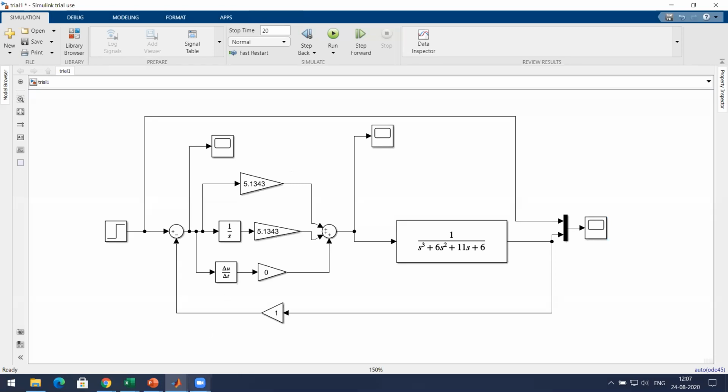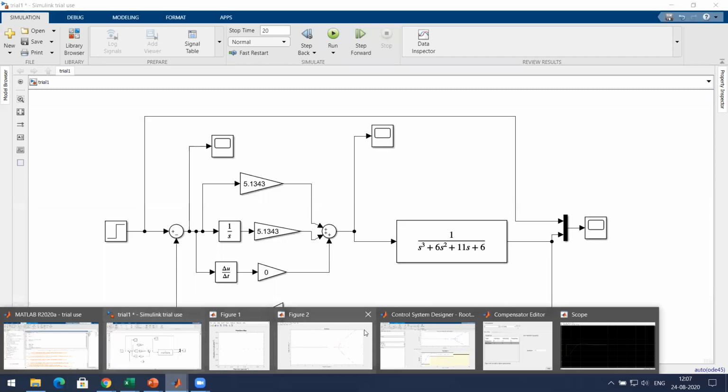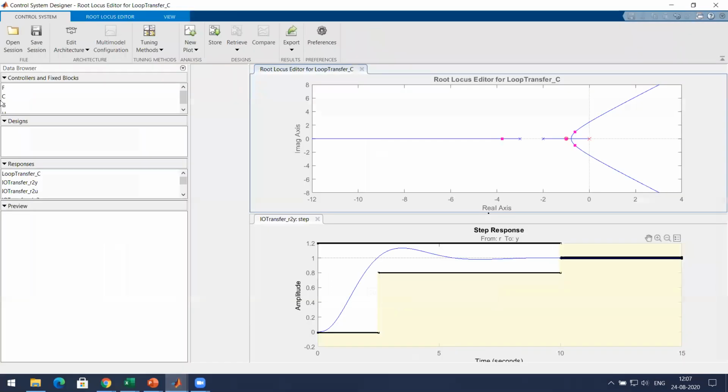What you're basically doing here is using what is called the control system designer. You have started designing a controller based on some requirements. Who gives these requirements?